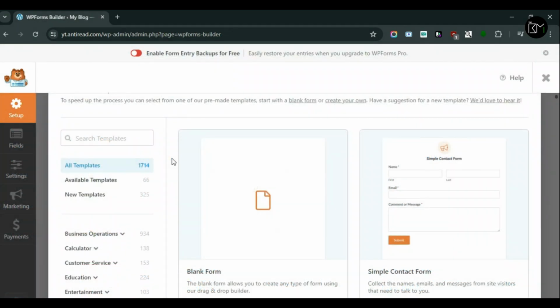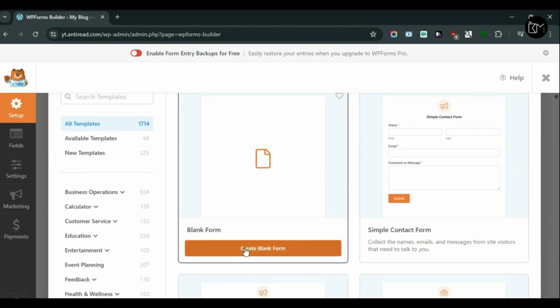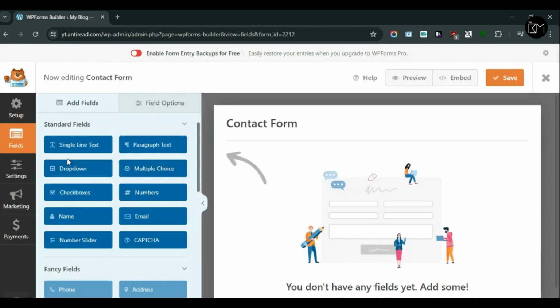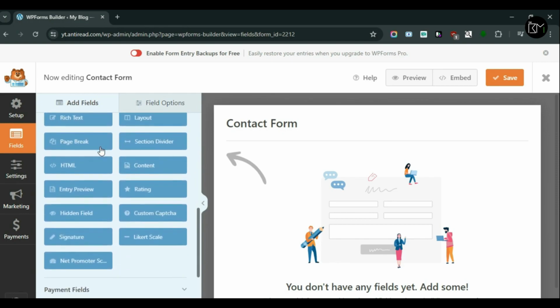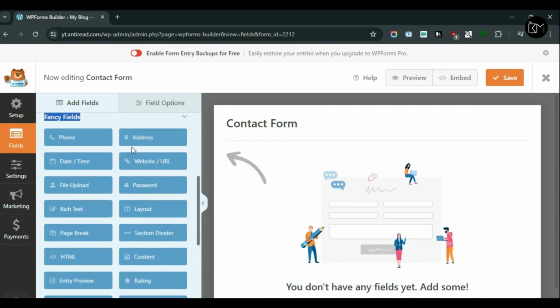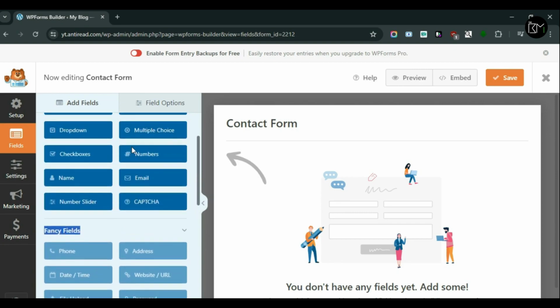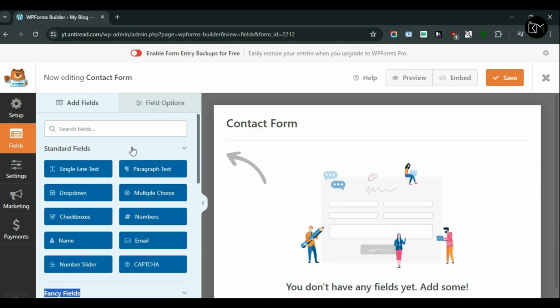Alright, to create a new contact form, you will have to click right here in the section of create blank forms. Now, you can see multiple options displaying on the screen. You can use all these options to create your desired contact form. And also, you can see many more options at the bottom right section as well. But this section is available only for paid members. We can't use them until we buy the membership of this plugin. But we are here to create a contact form without paying any membership at all. So for now, just ignore these sections and move forward to the standard field option.